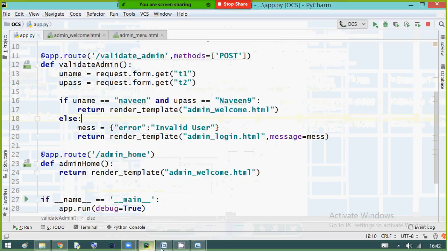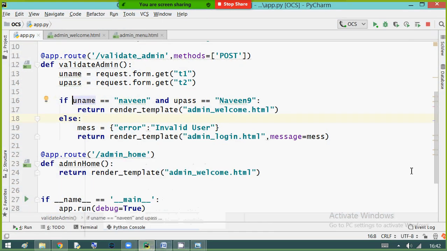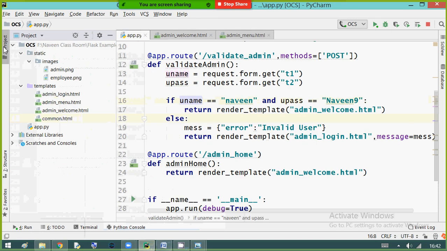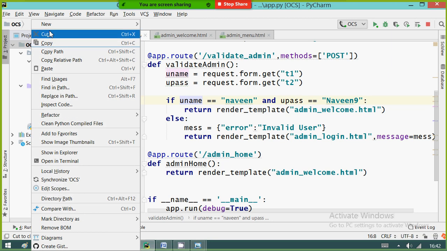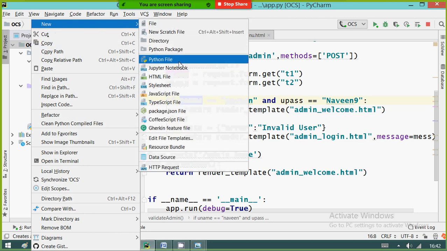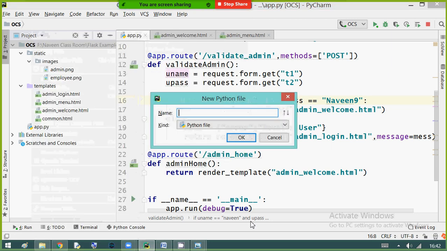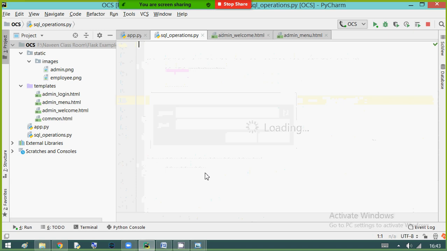So let me create a model, I mean a table. In my project, I'm creating a new Python file. I'm naming it SQL operations.